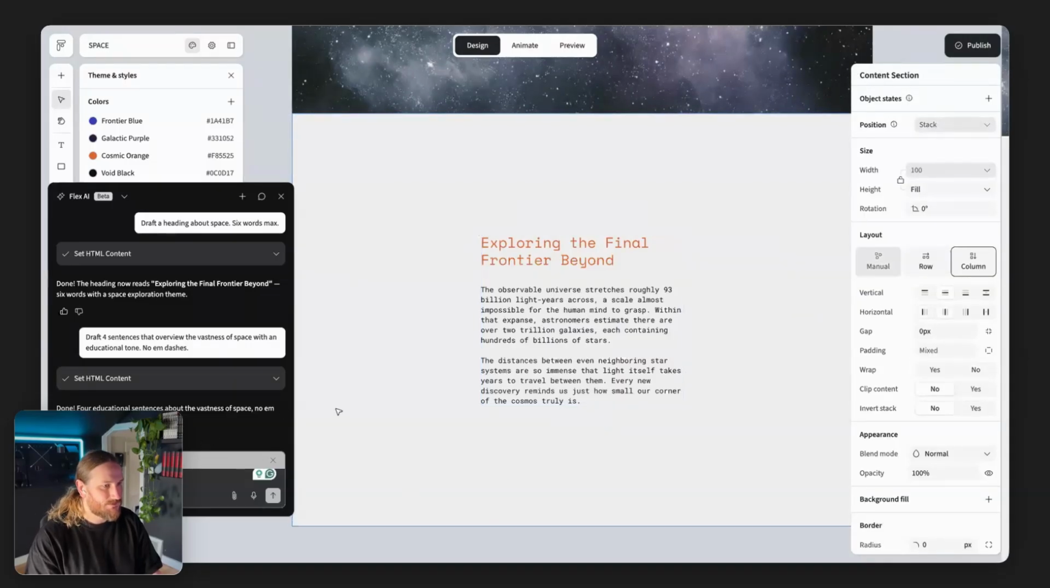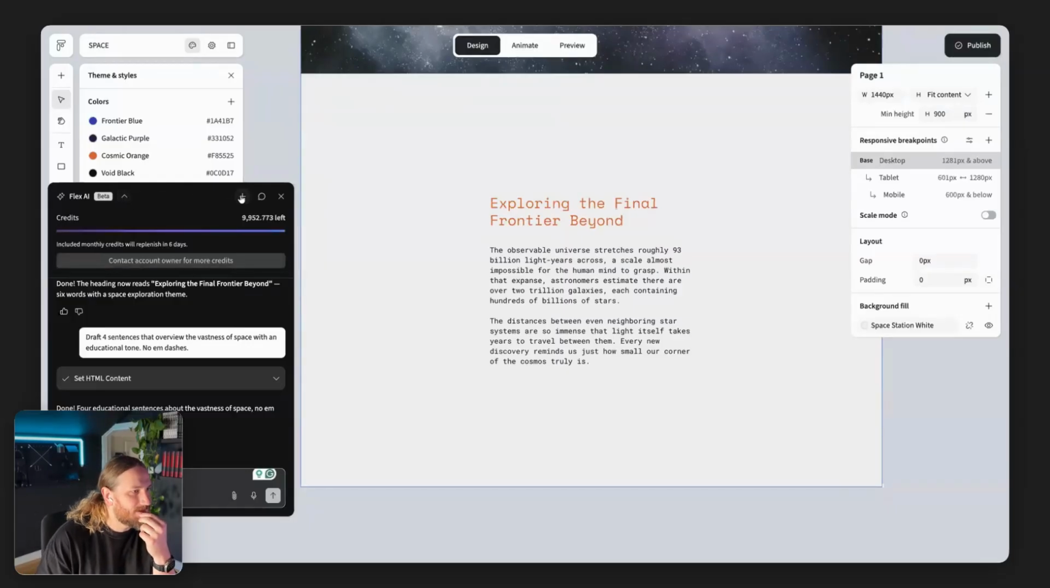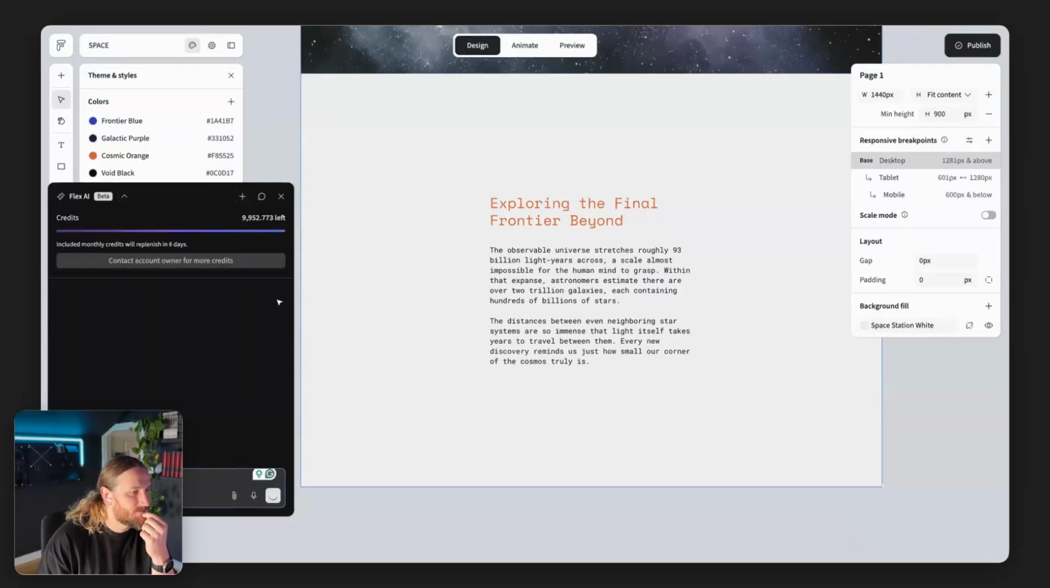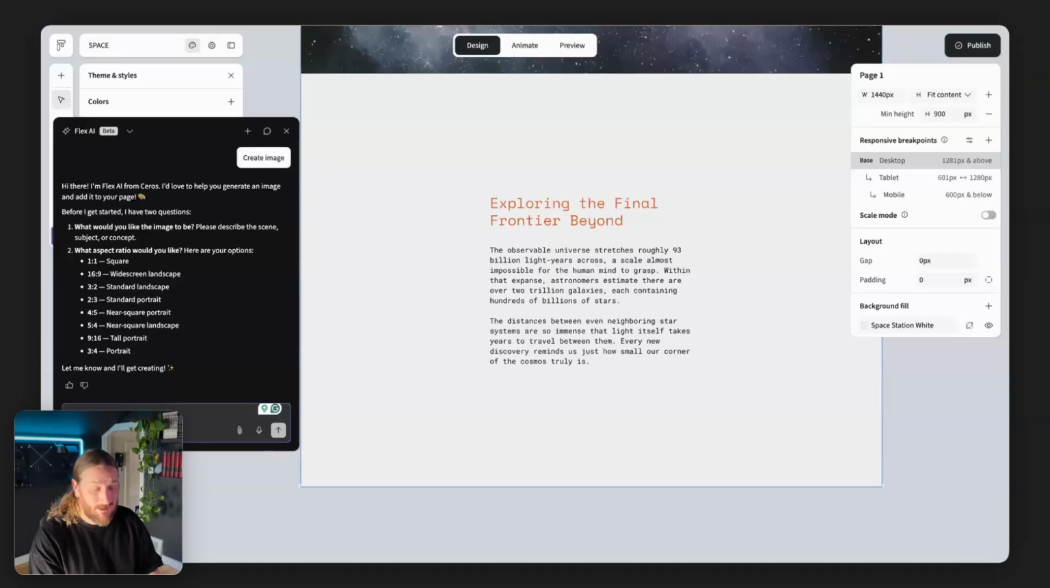And then I'm going to, let's just, you know what? Let's generate an image. We'll get a space image. All right, so with Flex AI, you can easily just create an image of any kind of dimension. So how about create a 1-to-1, 1-by-1 image of a solar system that is photorealistic,